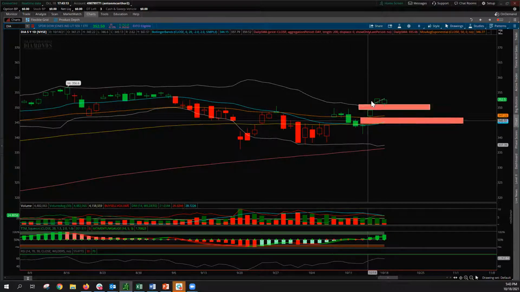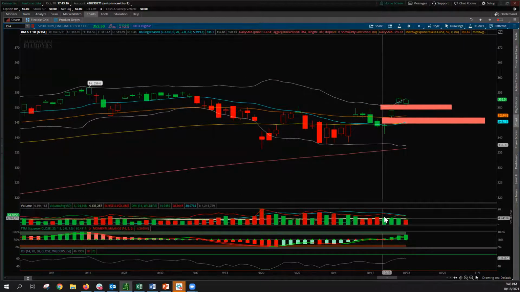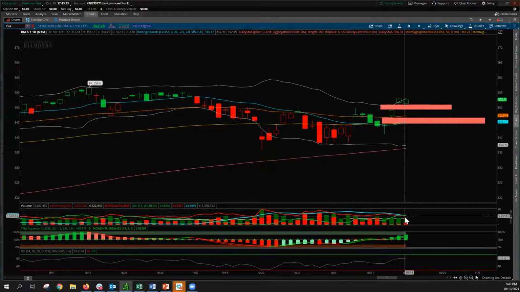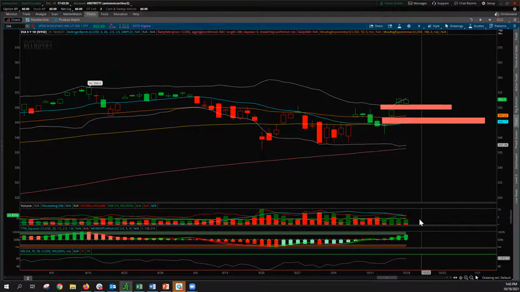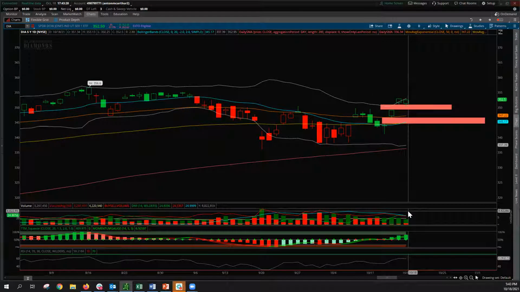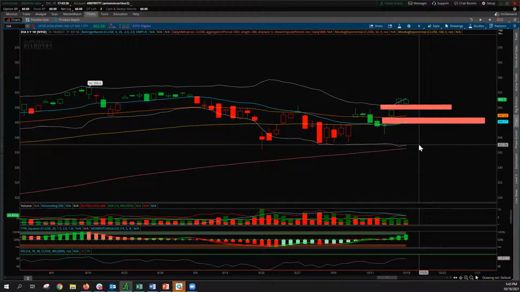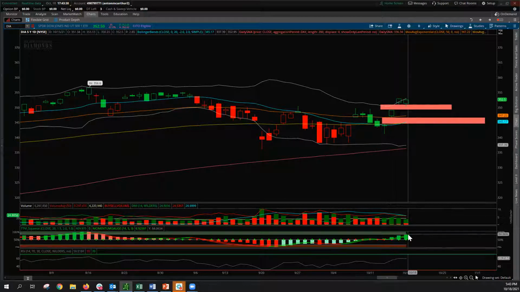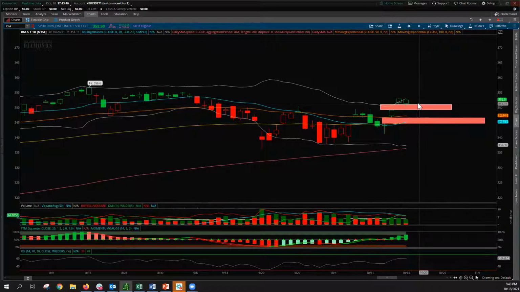So that's what I wanted to show you guys today, in addition to the ADX trying to cross down under the buyers and sellers. It depends on who comes out on top here. If the sellers or the red line jumps up above the ADX, then we're going to have to feel good about our puts. Because I did get a 349 put for next Friday. So we'll really feel good about our puts if the sellers decide to take over and jump above the ADX and the buyers here. Because that could mean a significant downfall, which could mean we fill both of these gaps